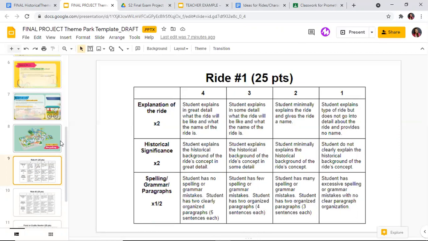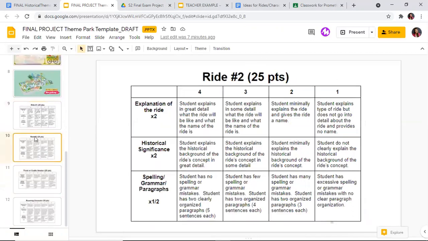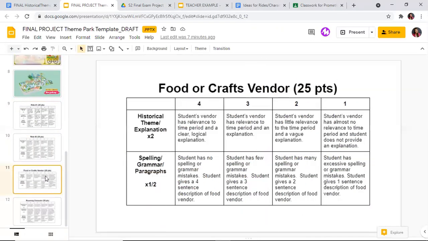1 sentence is not a paragraph. If I fill in 4 more and I have clearly explained what the ride will be like, I've gotten all of my points. If I leave it at that 1 sentence, I'm far down here, much further down here to like a 2 or a 1. I'm not getting all my points. Ride number 2 is the same, so let's go over to Food or Crafts Vendor to get your full 25